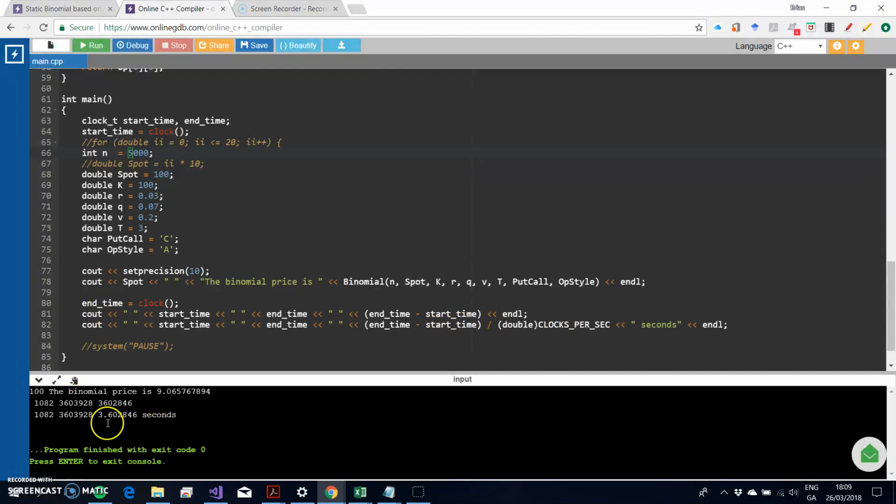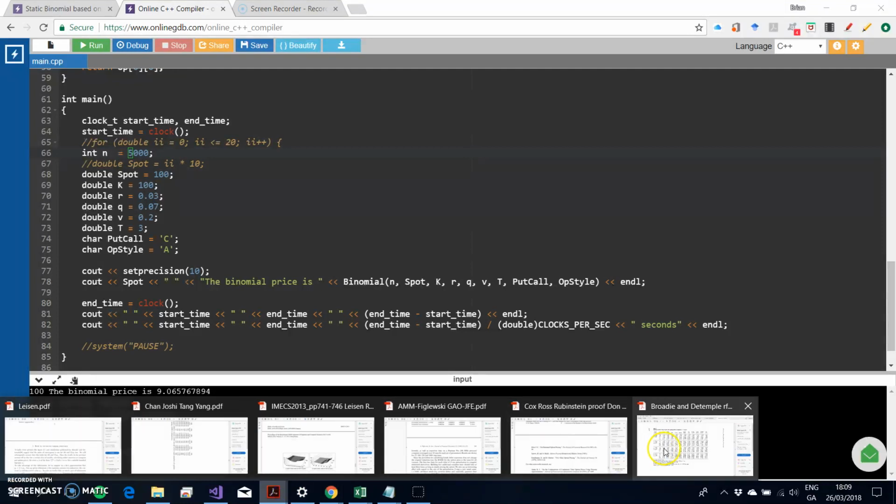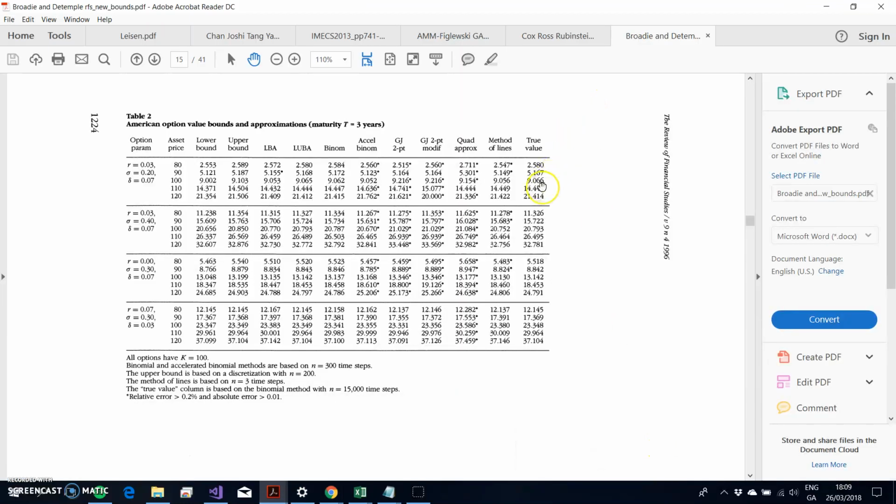Again, okay, 3.6 seconds, and we're getting a value of 9.065. So it's obviously an issue here. The number of steps is taking up too much memory. If we take this up to 15,000, for a call option and for an American option, we're not able to recover this value. We get close, but of course there's difficulty getting up to the